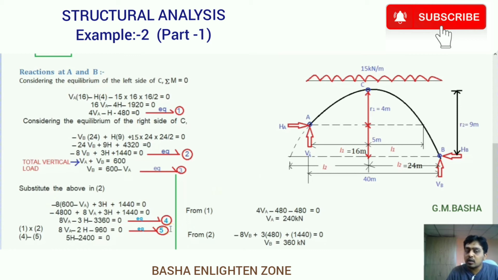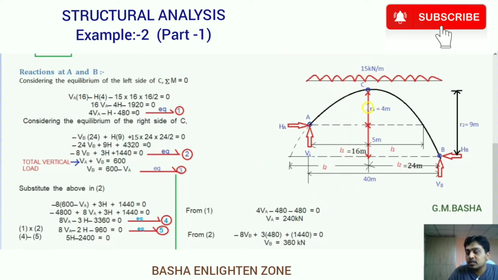If you simplify these things directly, but before that, what we have to do means, you take down vertical values at both. So there will be different unknowns, means you will get different values. So see here, there will be 4 VA minus H, here 3 VB minus VB plus H, totally VA, VB and H, there will be 3 unknowns. So you can convert these 3 unknowns into 2 unknowns. So for that purpose, here I am taking sum of the vertical loads, sigma V will be equal to 0. So what are the total vertical loads acting? There will be only vertical loads acting downwards, means 15 into overall length of the span 40.